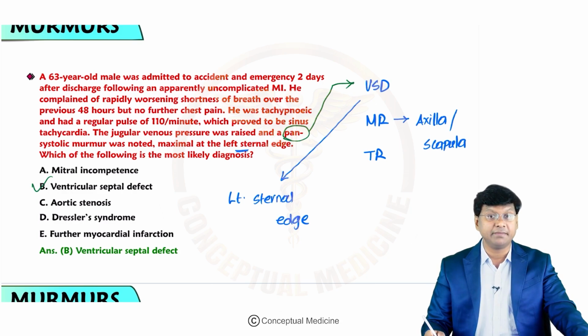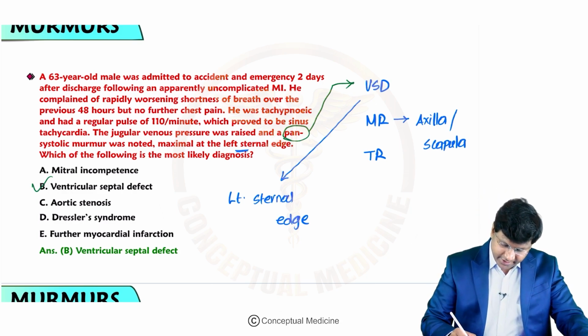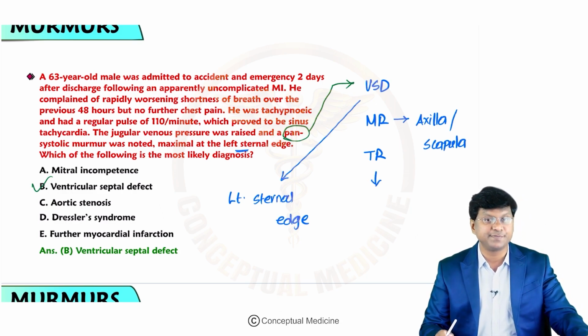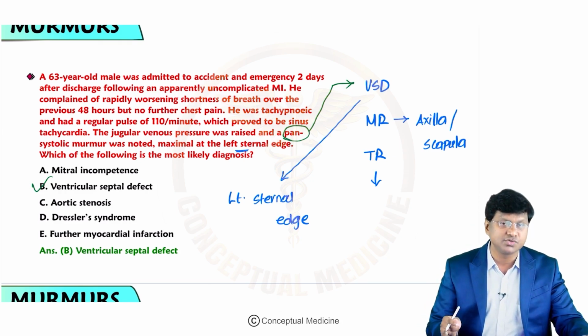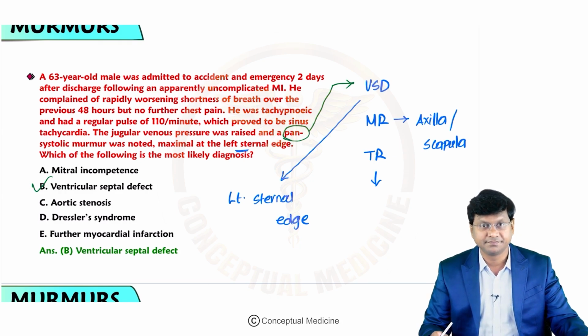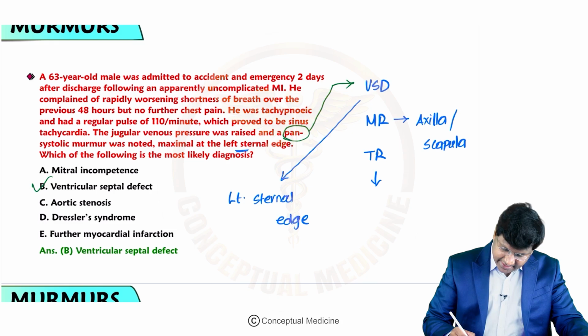That will be your MR murmur. Then if you take the TR murmur, that is the tricuspid regurgitation murmur. See, tricuspid regurgitation murmur, this is also a pansystolic murmur, right? This is also a pansystolic murmur, and this is heard in the left sternal edge